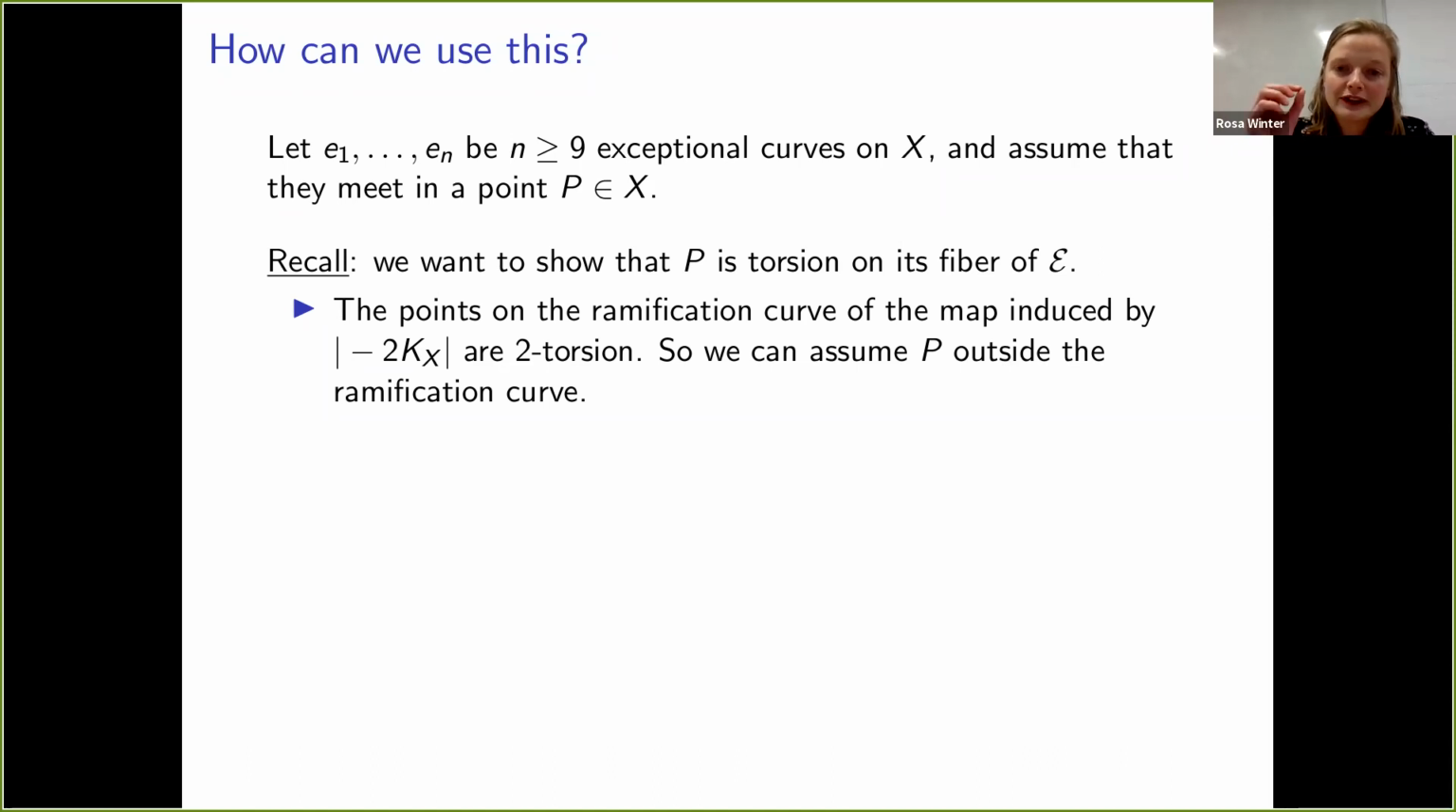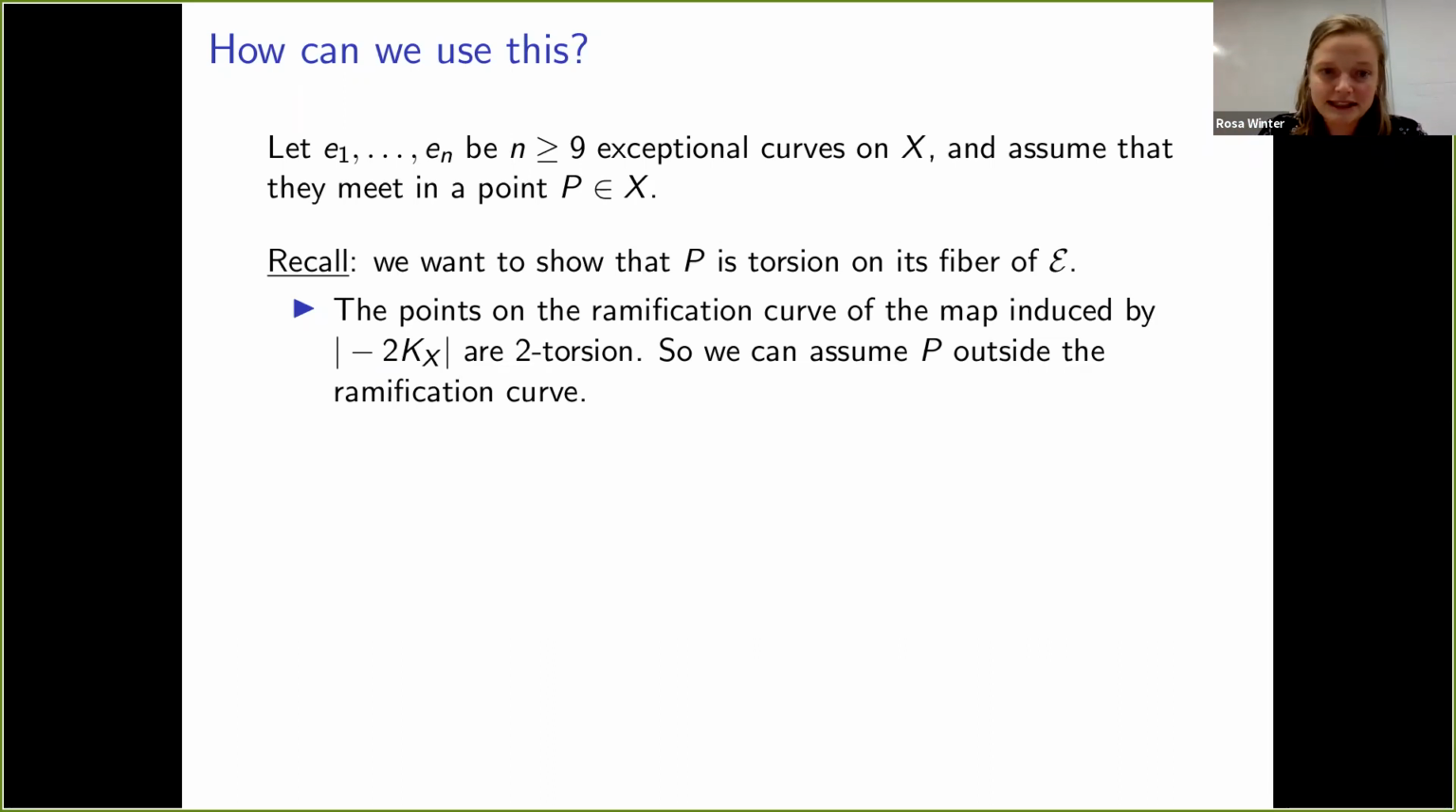And if you're on the ramification curve of that double cover, then you're torsion on your fiber of the elliptic surface. And this you can see quite easily also from the description of the Halphen surface as this smooth sextic. Yeah, it's basically the branch points are the ones that are then torsion on the fiber. So for our theorem, we can already assume that P lies outside the ramification curve, because if it's on the ramification curve,